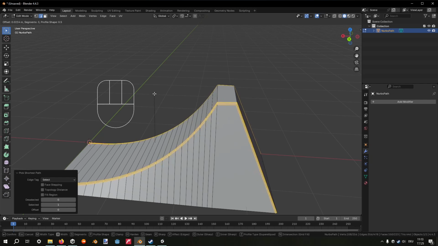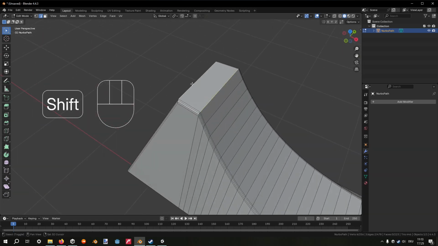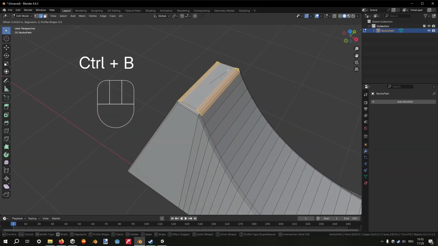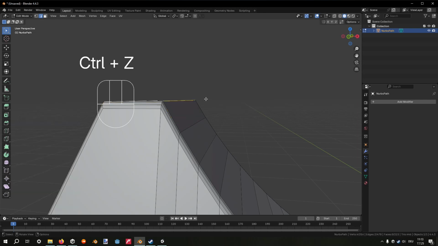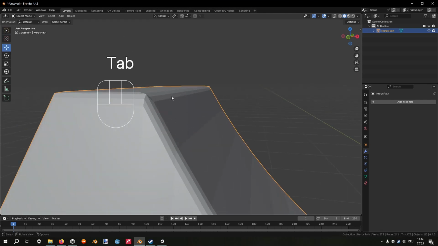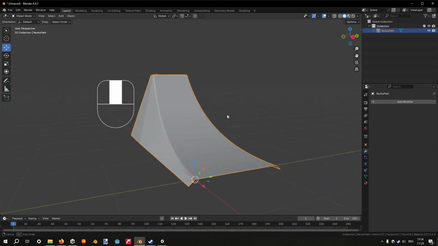I wouldn't go beyond 3 because it won't really make any difference and it will just use a lot of performance. Keep it somewhere between 1 and 3. Also, I will do this at the top now. Just make sure to not do it too much because this will flatten your lip just a little bit. Yeah, it's not perfect, but I mean this tutorial is just for basic ramps, so we're pretty much finished with